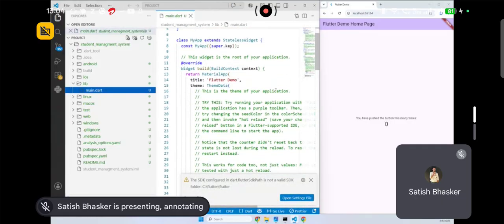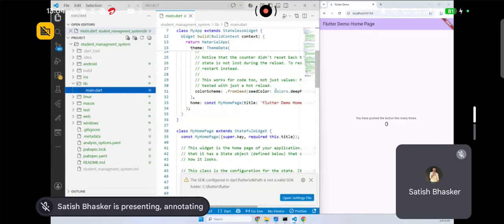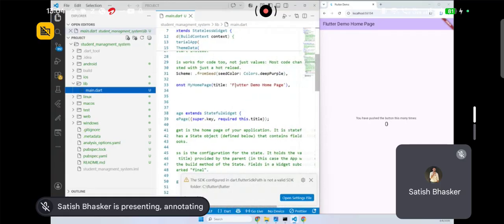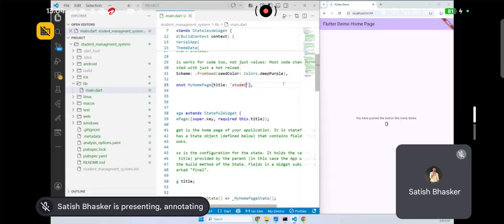So here, if we change something, like Student Management System, once we save this,